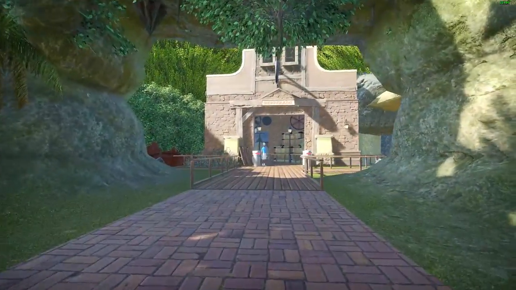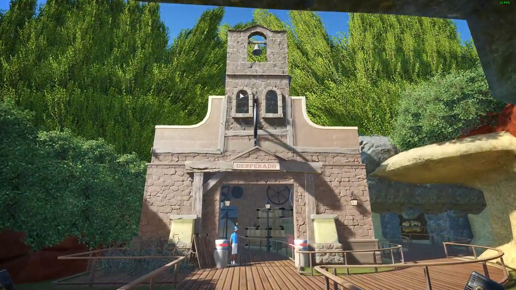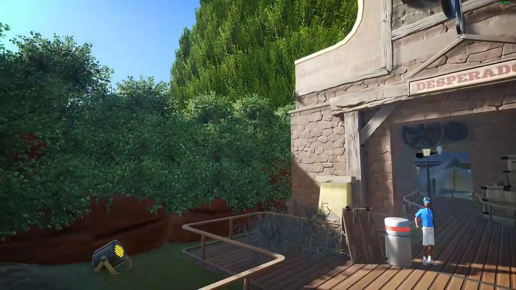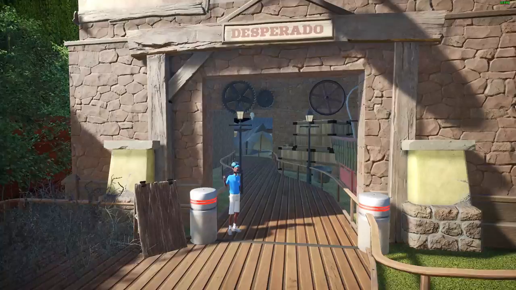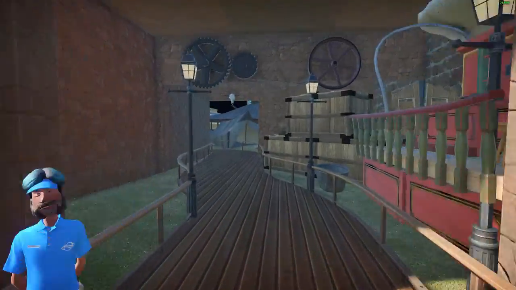Then we come down to this. These trees are a tad unrealistic, but that's not bad, is it really? You might see, this looks quite good actually, if you ask me. This ride took hours, I mean hours. So it's called Desperado. So you come just down here,